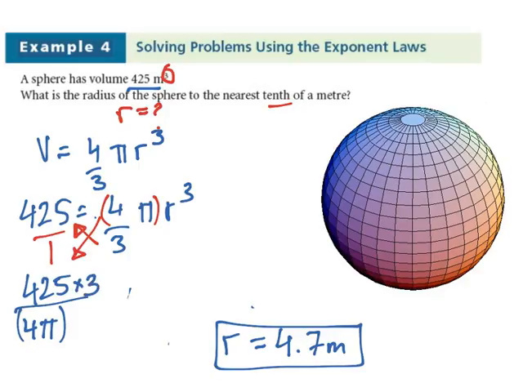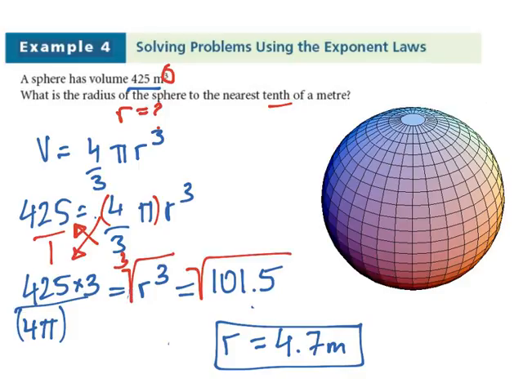Now all the numbers are gone. This will give us the same value as before, 101.5. And then again we cube root it, and we'll get the same answer, 4.7. Those two methods are satisfactory to solve